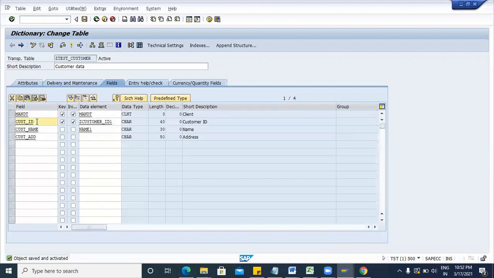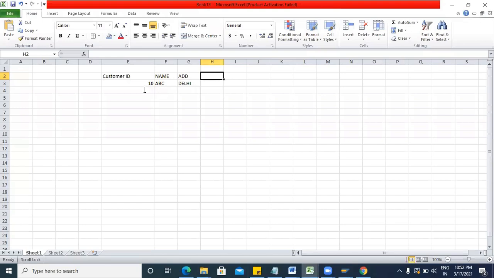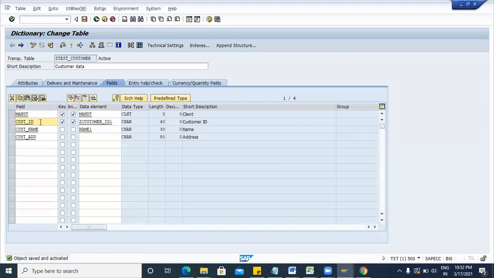If you are maintaining unique records, like customer ID 10, 20, 30, it will not be repeated. Because we are taking the customer ID as a primary key, you can maintain only unique records for the customer ID.